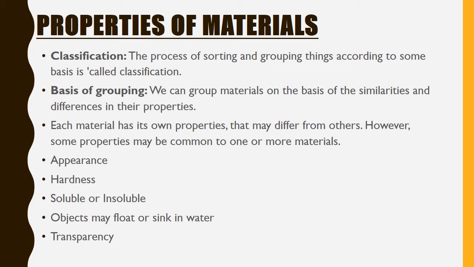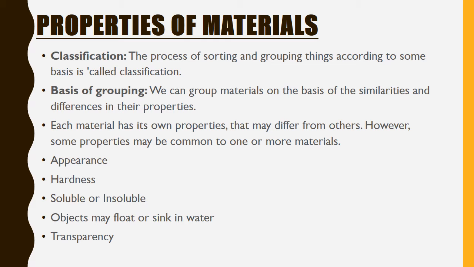Classification, as we studied, is the process of sorting and grouping things according to some basis. That is why we need to group the materials depending on the similarities and the properties. Based on this, we can categorize by appearance, hardness, soluble or insoluble, that is solubility, whether objects float or sink in water,